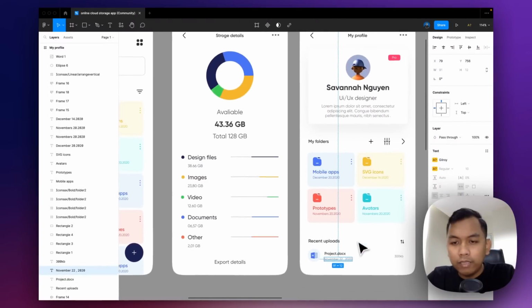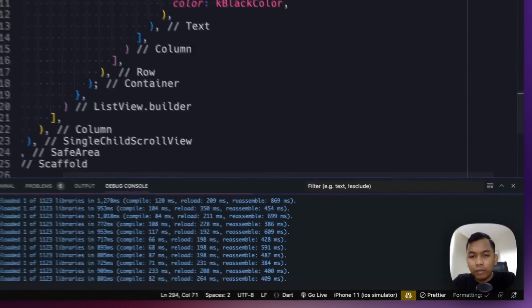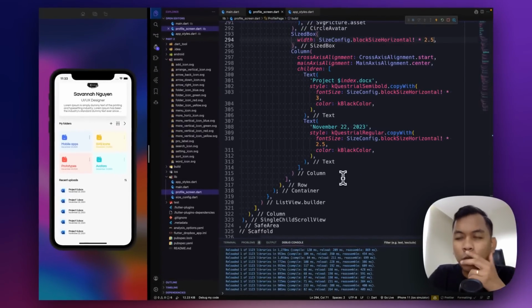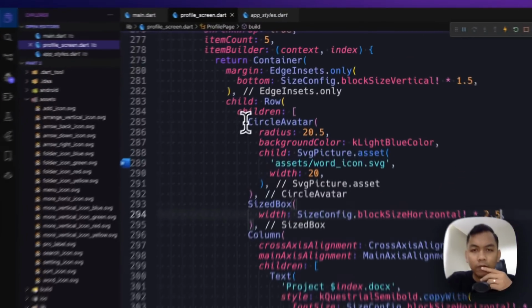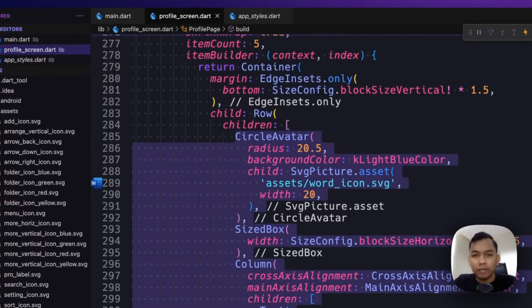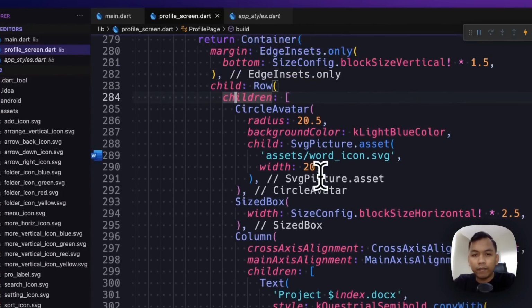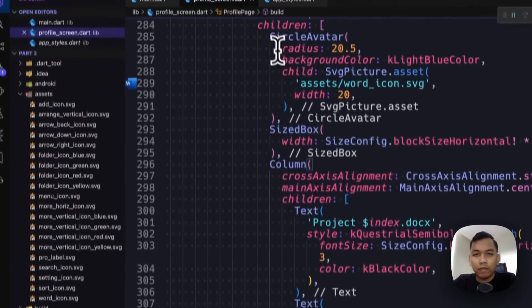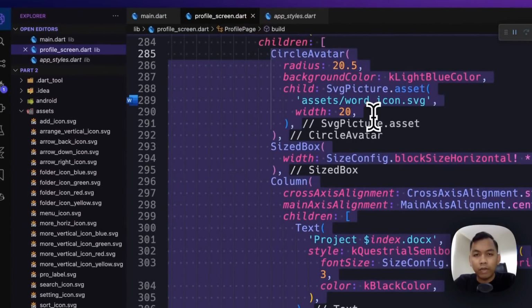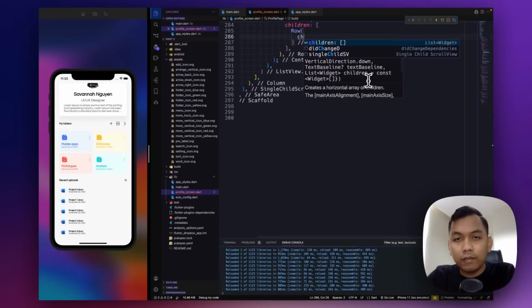And the last but not least, we need to add this using what we say here. So we need to wrap this circle avatar, size box, and row and column into row widget.